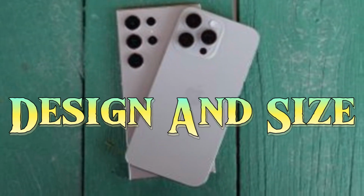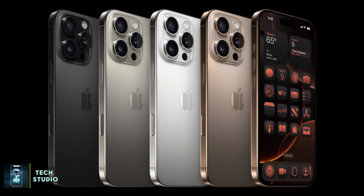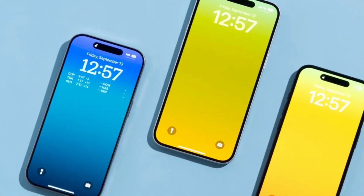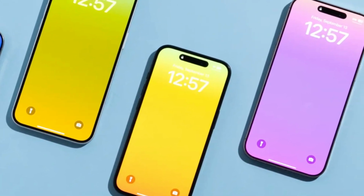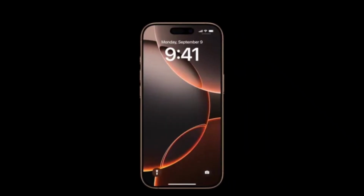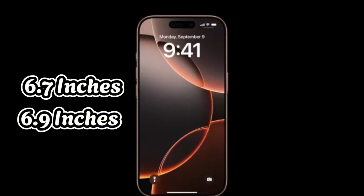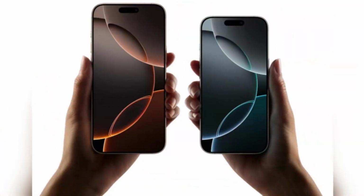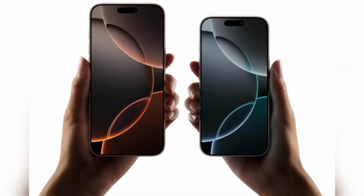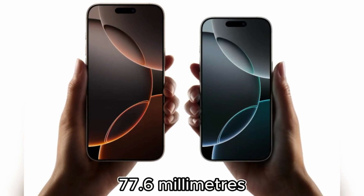Design and size. As expected, Apple's iPhone 16 Pro Max doesn't deviate much from its predecessor when it comes to design. The rectangular shape, soft corners, flat sides, and Dynamic Island pill-shaped cutout remain. This year, however, the screen has grown from 6.7 inches to a massive 6.9 inches, making it the largest display ever on an iPhone. Its bezels are even thinner, but the overall dimensions have changed slightly, measuring 163 millimeters by